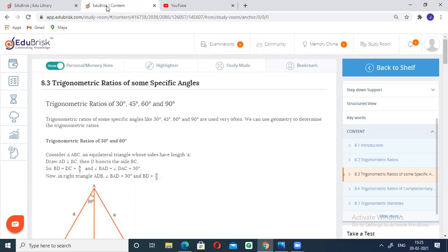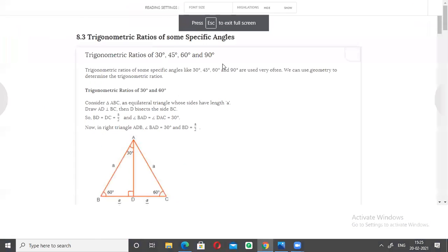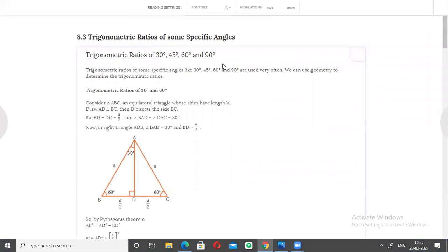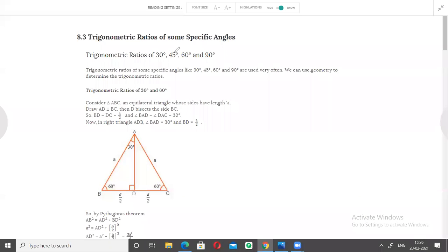and 90 degree. First let us see how we write the derivation of these trigonometric ratios of some specific angles, how to get the values, that we will see. Now here if you see, for 30 degree and 60 degree, for both the angles we will get from the same figure. In order to derive the values of trigonometric ratios for 30 degree and 60 degree, first we need to make